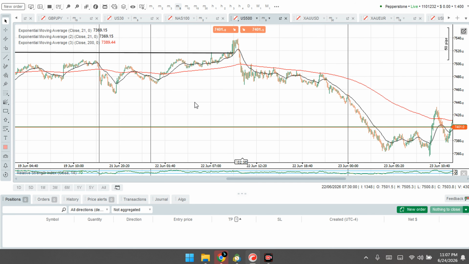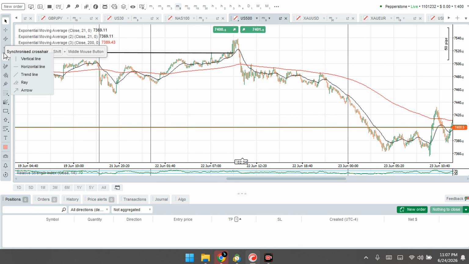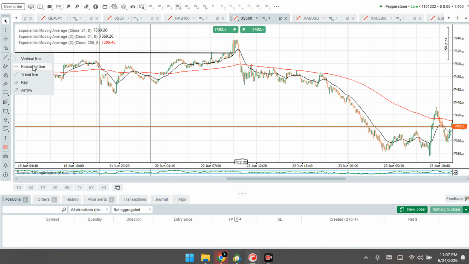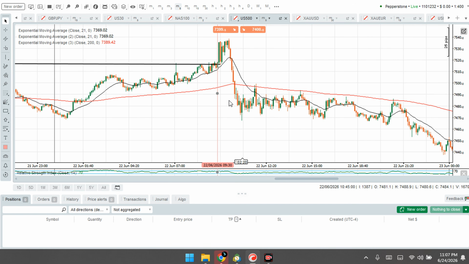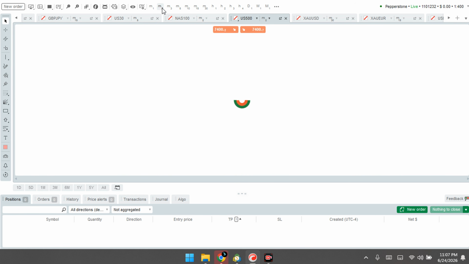This was on Monday. I also forgot to mention that you should look for a liquidity run exactly after 9:30 a.m., which is New York market open. Immediately after 9:30, as you can see, as I predicted, the price ran over this liquidity, these relatively equal highs, and changed direction. So I switched to the 2 minutes time frame